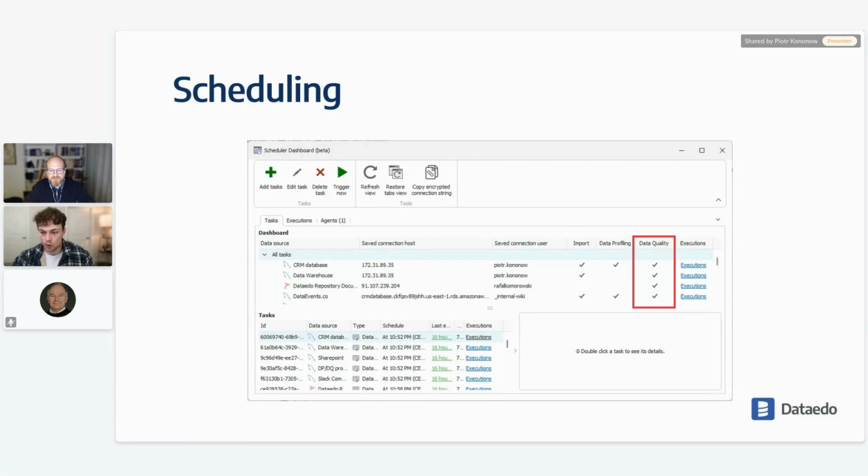So going back a little bit, we have Frederick. So Eric asks, do you have some indication on the relation between data quality tests and performance? So are there reports on execution times of data quality testing? How long does it take for Dataedo to run those tests? I don't know if that's the question. Yeah, I believe that's